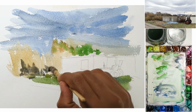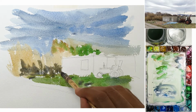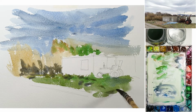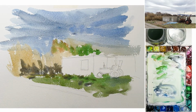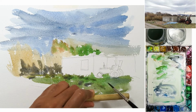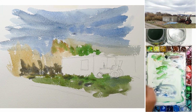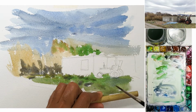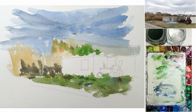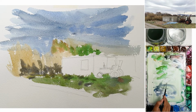And I'm doing the shadows. I will obviously come in and add a little more details to the plant. While I'm here, I'm just going to tap in. I've got a small piece of bamboo. I just add a little bit of texture. So it just gives texture. I don't know whether the camera is picking up, but I'm adding a very fine bit of texture. And I'm using a small brush. I'm going to just add a little more detail